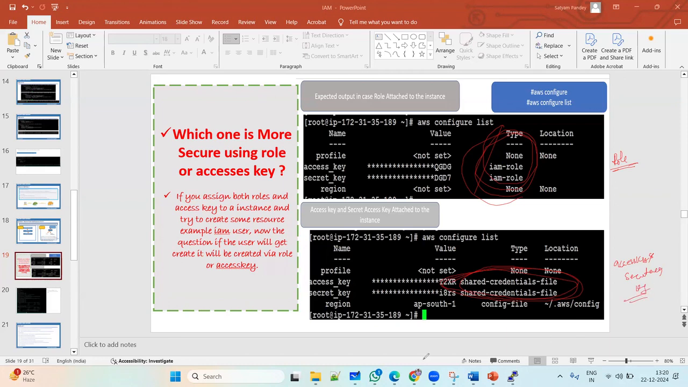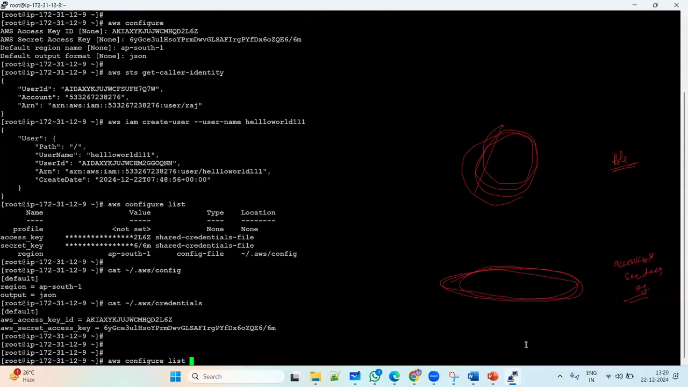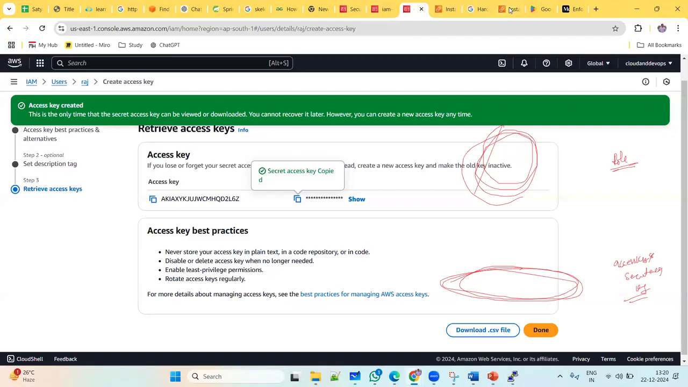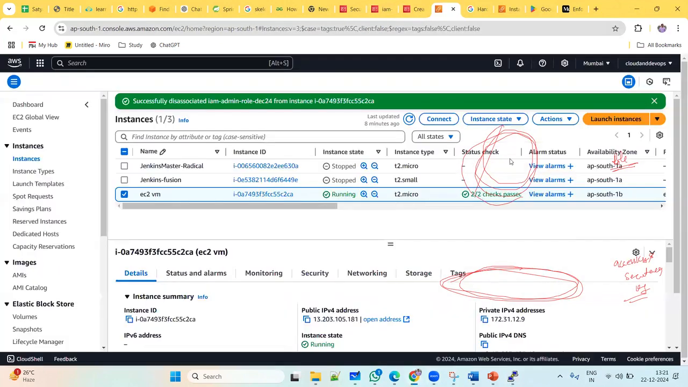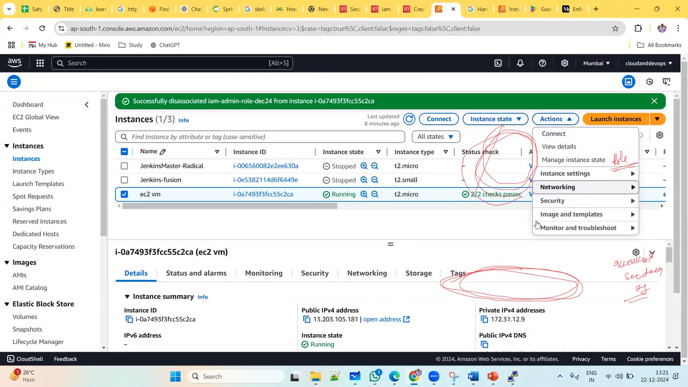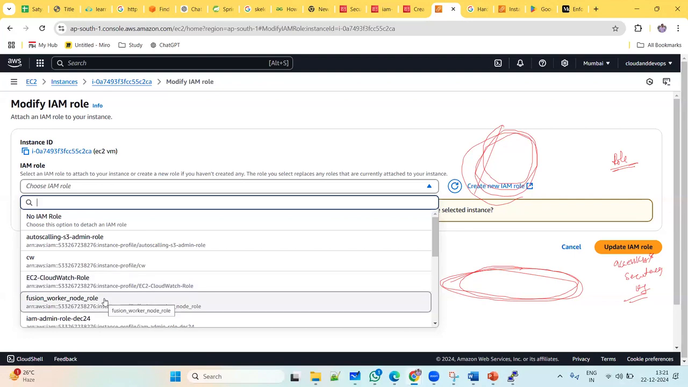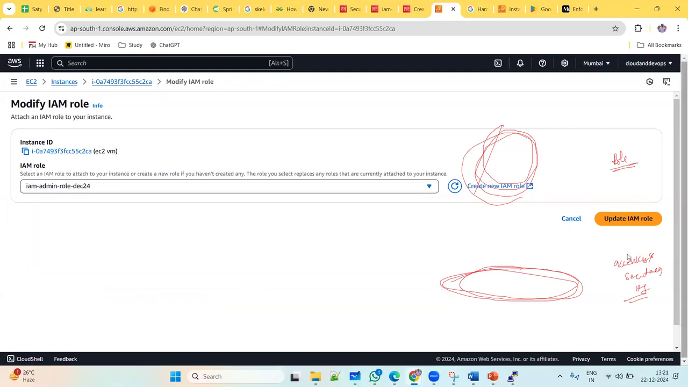अब अगर मैंने दोनों असाइन कर दिया तो क्या होगा? लेट्स गो हियर। यहाँ पर मेरा अभी एक्सेस की है। अब मैं इंस्टेंस पे जाता हूँ और रोल असाइन कर देता हूँ। तो हियर इज द इंस्टेंस, नाउ ऐड द रोल टू दिस। सो सिक्योरिटी, मॉडिफाई IAM रोल, और अब मैं यहाँ पे जाके ये वाला IAM रोल ऐड कर देता हूँ। ऐड कर दिया,